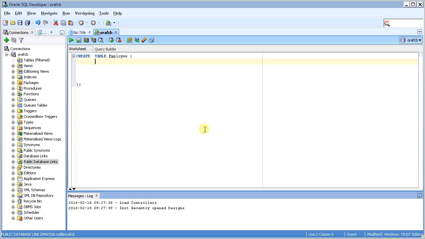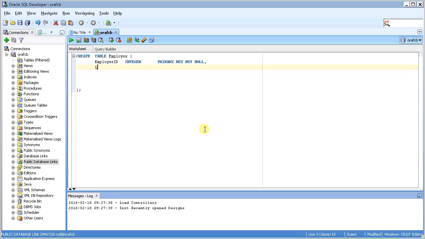So let's start with our first attribute, which is going to be employee ID. And I'm going to specify that this is an integer field and that this is a primary key. Last thing I need for each attribute in my database table is whether this column allows null values. And a primary key should never allow null values, so not null is the proper term there. Then we put a comma, and we'll move down to a new line to specify our next attribute